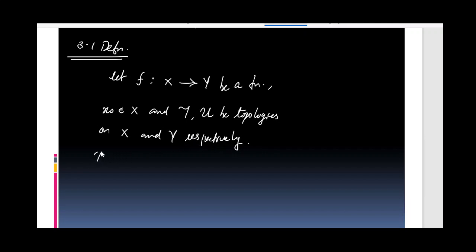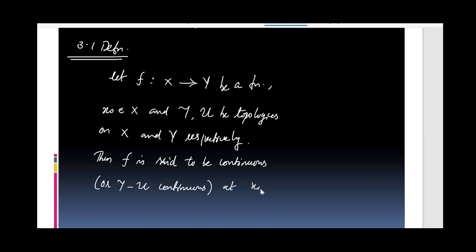Then f is said to be continuous, or more precisely, we will say that f is TU continuous at a point x naught if